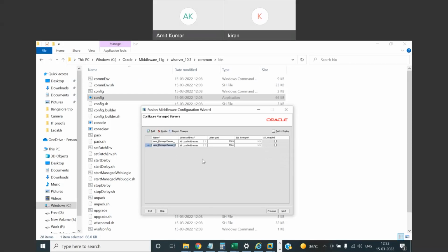Just give the name as manage MS1, because this big name is a headache for us. MS1, MS2, any name, whatever you want, it depends upon you. You can see here, it is also listening on all listen addresses, only the port numbers are different. Whenever you create managed servers, any number can be created, but the only thing is